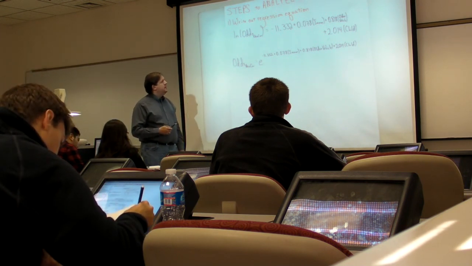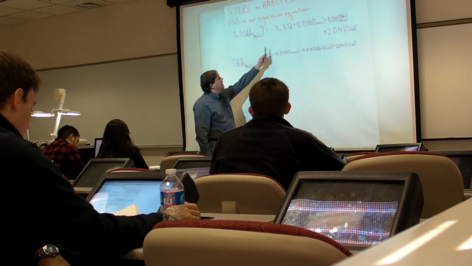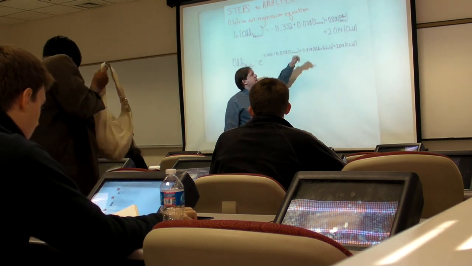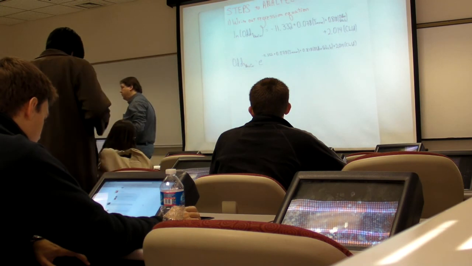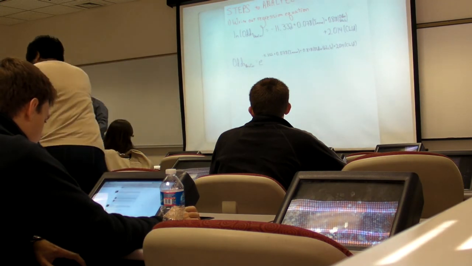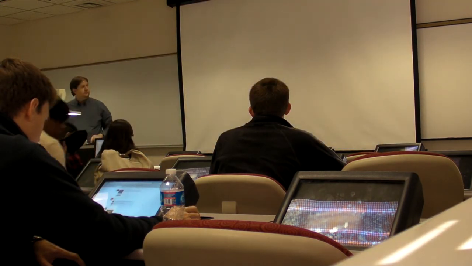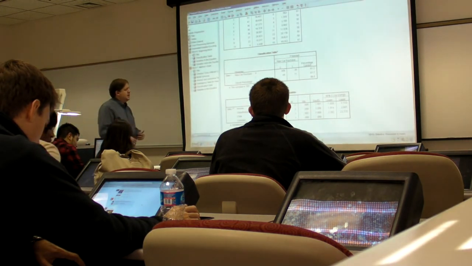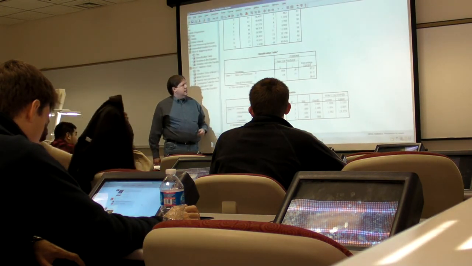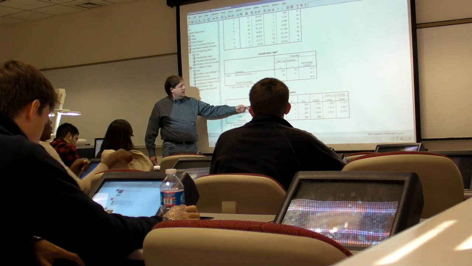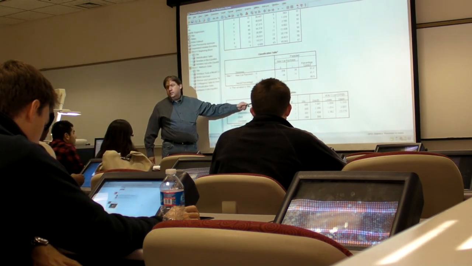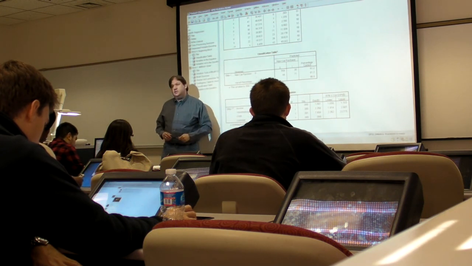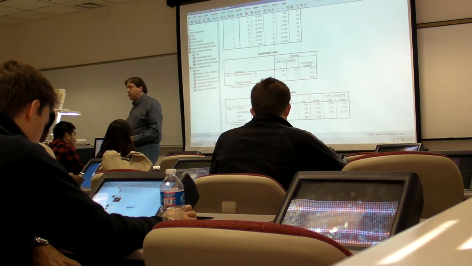And where I got these figures, the negative 11, the 0.078, 0.818, 2.014, I'll put this back up in just a minute, is I got them from right here in the variables in the equation. All I'm doing is looking here at this B column. My B column in this case represents my coefficients.